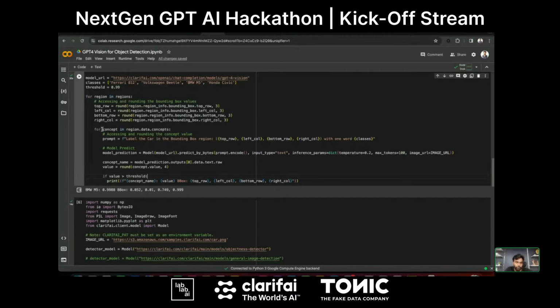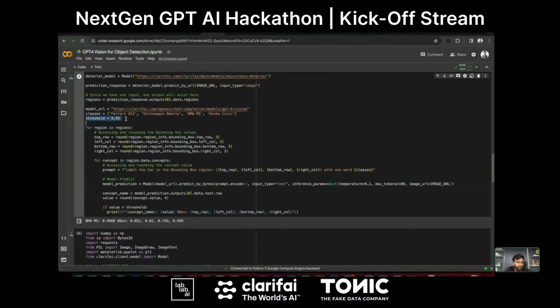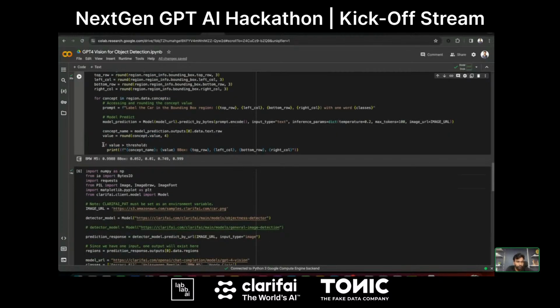For each concept, I am setting a threshold of 0.99. I'm only considering the concepts which the model is 99% confident about. Maybe you can change this based on your use case, but here I'll set the threshold as 0.99, and only if the value is greater than the threshold am I considering it.